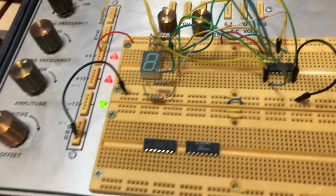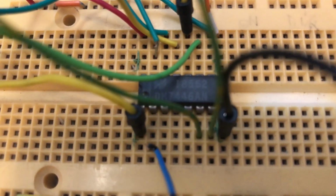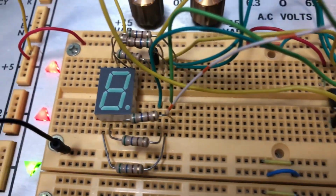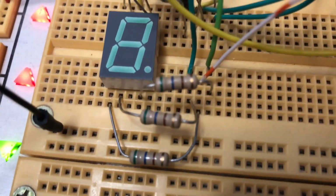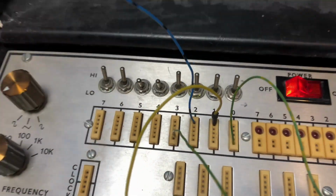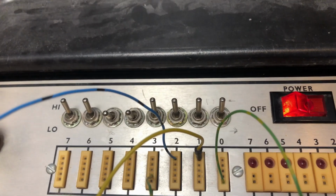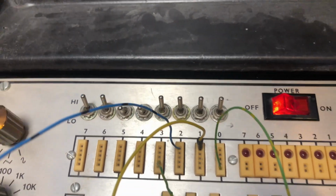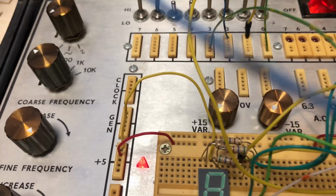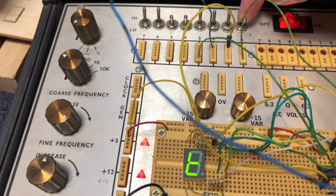Now I have the 7446 wired into the display through these resistors, and I have the 4 inputs wired into these switches, and it's switches 0, 1, 2, and 3, and the display is off. And if I toggle this first switch,